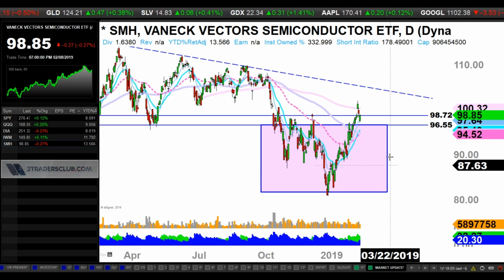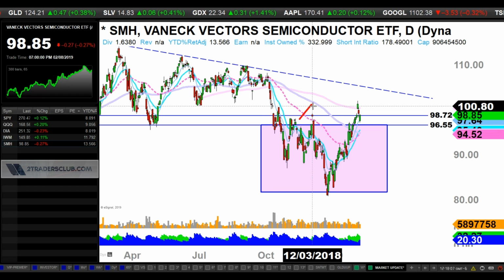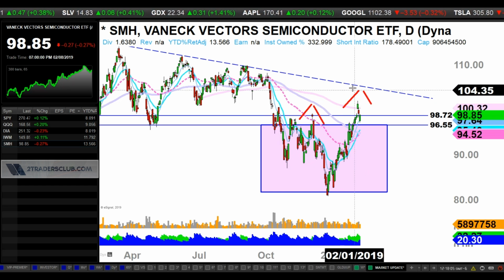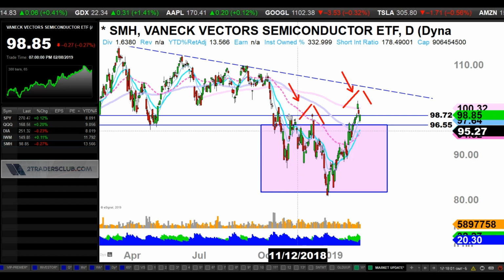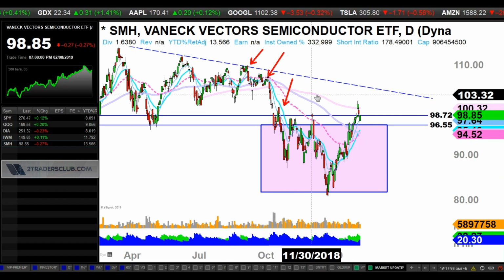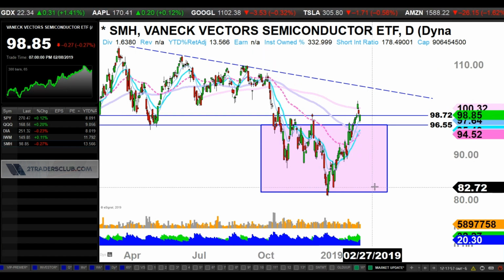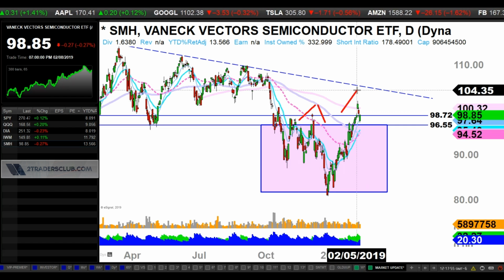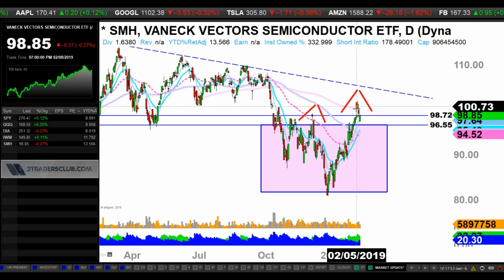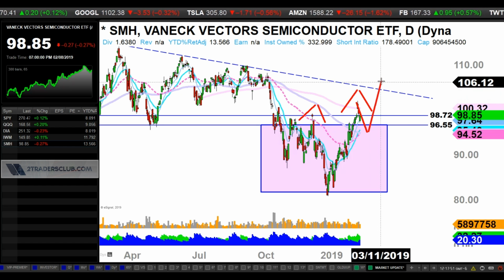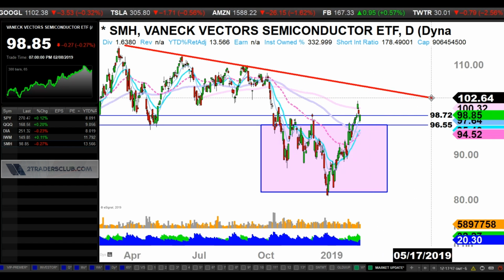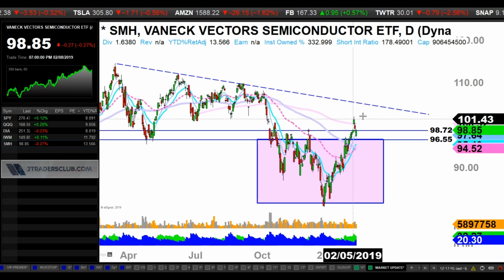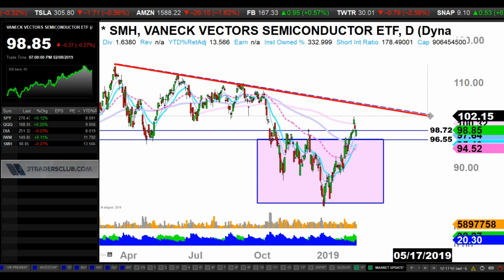But in the minor term, we have to give credit for this higher high, right? That's a higher high. That's the first time, because remember, it was lower high, lower high, lower high, lower high. This is the first time we've created a higher high. And if this thing pulls back and holds above that higher high, then we can maybe continue. We've got this downtrend resistance there, and that's probably going to be the level. We're probably going to see some battling going on in that vicinity.